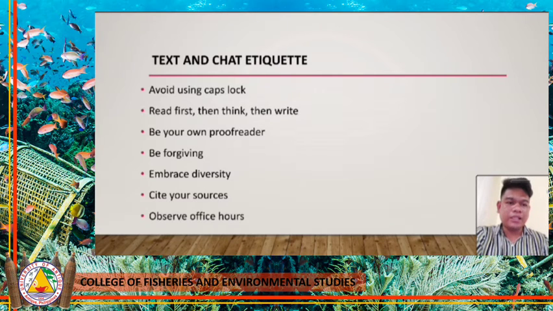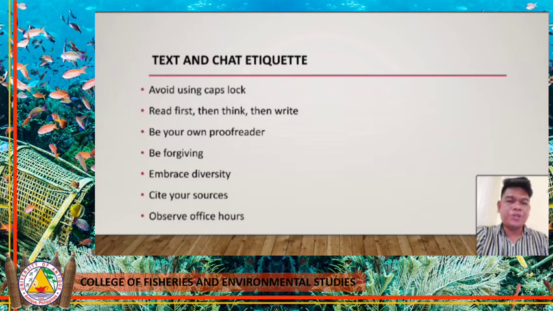Embrace diversity. We all have different backgrounds and experiences that have made us who we are. In my class, it is always okay to ask for more information about something you may not be familiar with. Just do it in a respectful and supportive way. Cite your sources. When appropriate, always cite your source of information. It strengthens your contribution. If you're unsure, always err on the side of citing and ask for clarification.